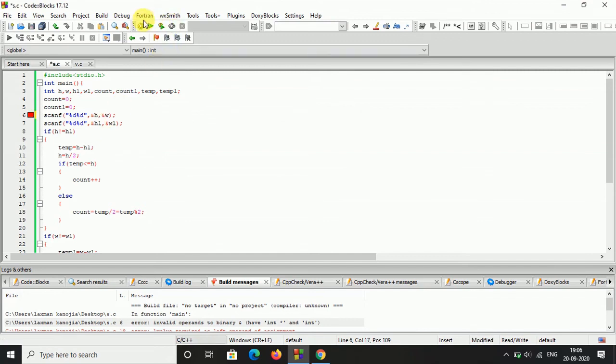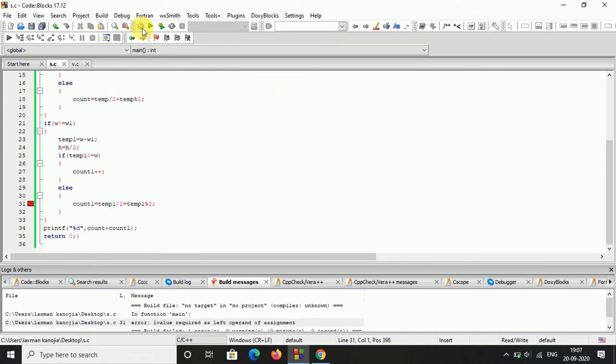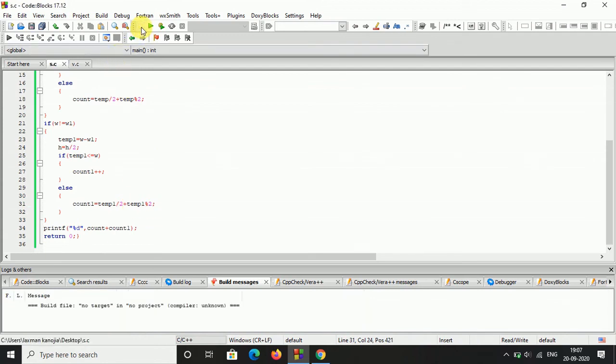Over here I have forgotten a comma. And here, count equal to temp divided by 2 plus temp modulo 2, meaning getting the remainder. Over here also plus. Let's see.